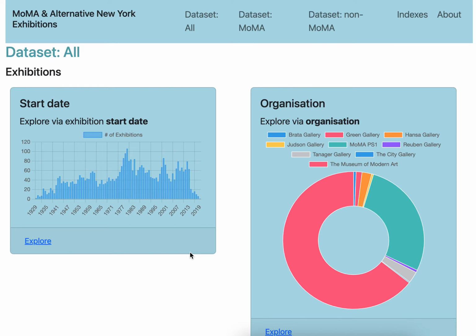Exhibition browser. It provides a static HTML interface to an art exhibition dataset provided by the Museum of Modern Art that was published as a linked.art JSON-LD. The home page of the exhibition browser lists a number of entry points into the dataset that were identified further to a data analysis exercise. The one that I would like to show you to begin with